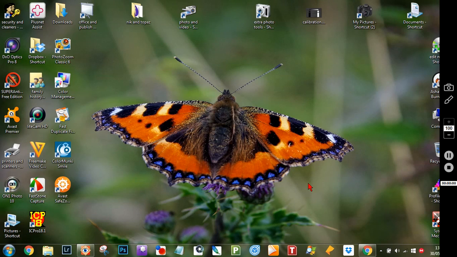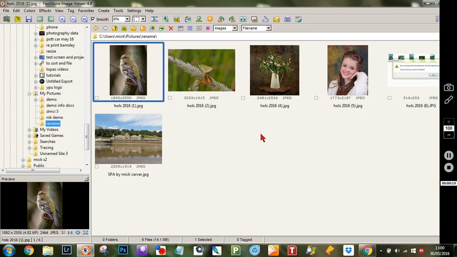Now, I did mention at the beginning of this tutorial that I'm going to show you how to do this same thing in Fastone. I know a lot of our members use the free Fastone viewer, which is also a good editorial program. So I'll jump straight into Fastone. Now, it's exact same actually